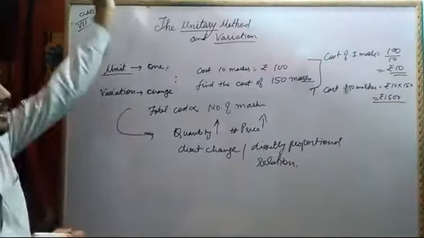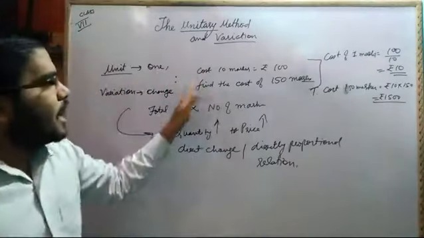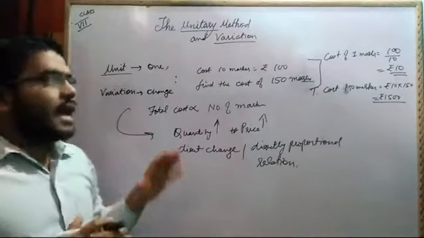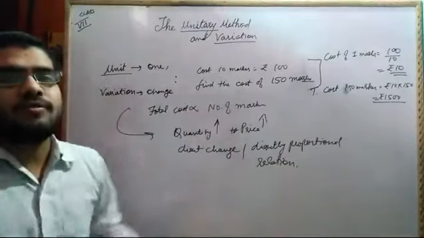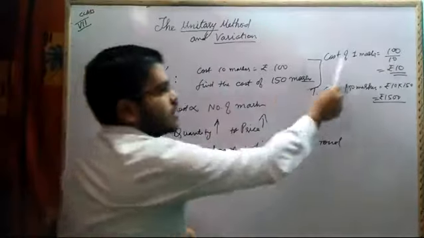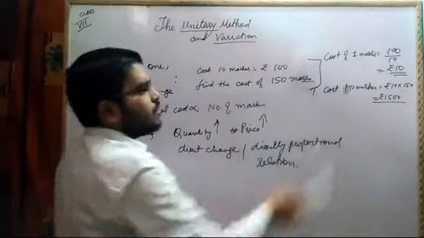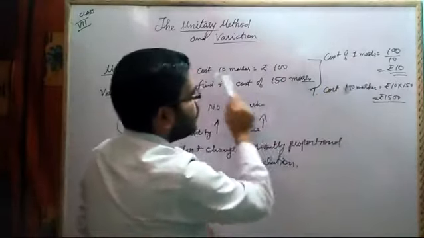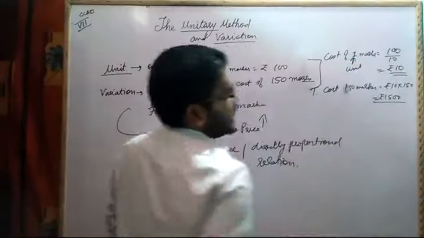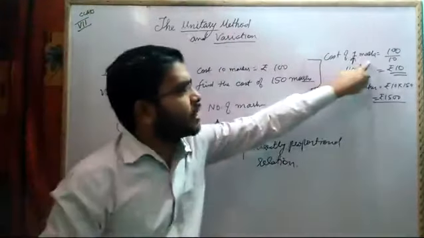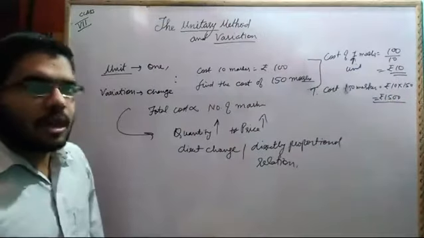So in this way, I am trying to make you understand that if I have the cost of n quantities, then I have to find the cost of one quantity and then find the cost of the desired number of quantities. Here the cost of 10 markers was equal to 100, and we had to find the cost of 150 markers. So first I found the cost of one marker. That one means here a unit marker. That is why it is called the unitary method. So the unit marker cost is rupees 10. Then the cost of 150 markers is rupees 1500.